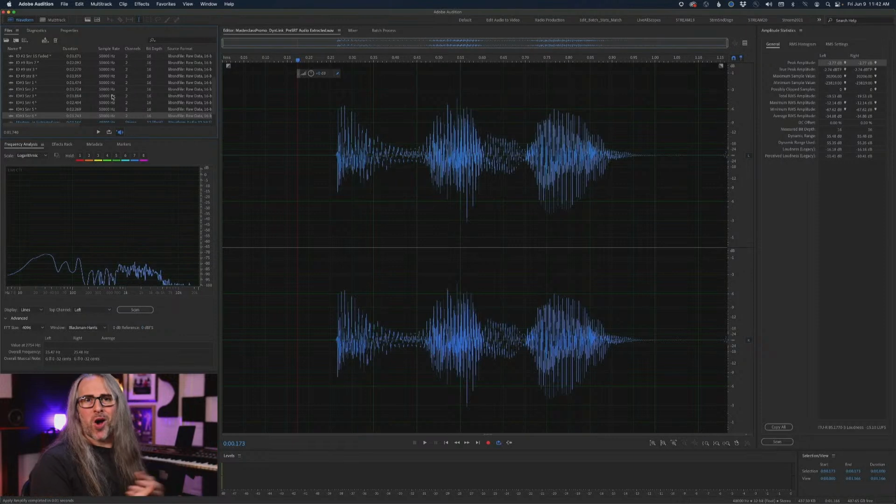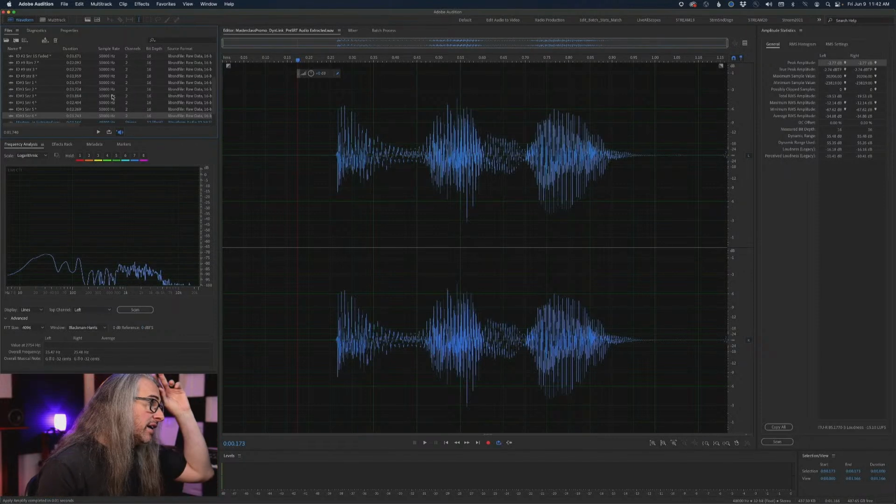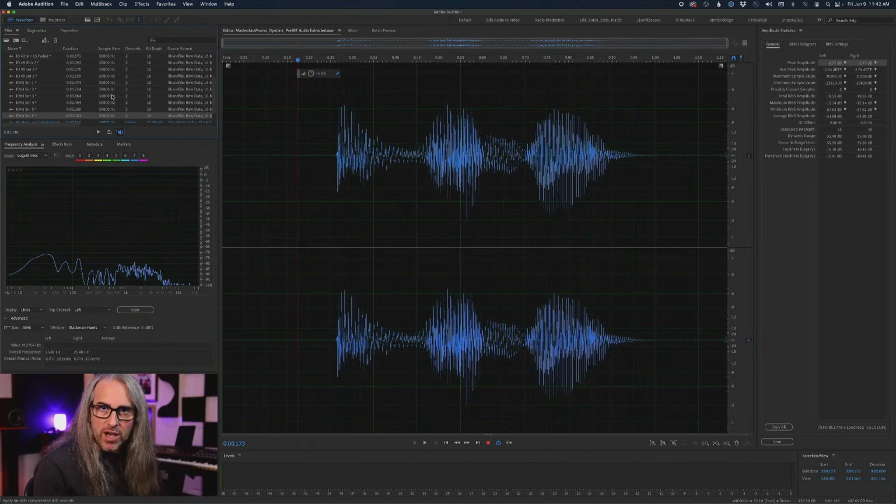Sweet. So they're all the same peak level. They're also all the same relative loudness. All DC offset's been removed, and they all have that nice little Hall reverb that I stuck on them, okay? Super cool, really easy to do.